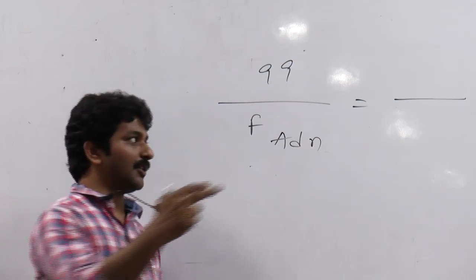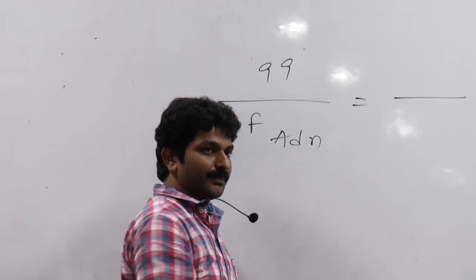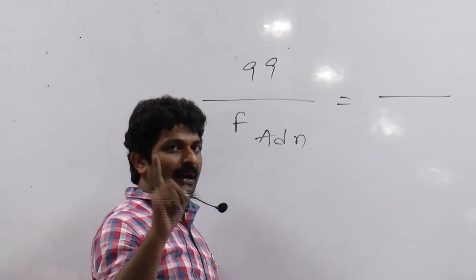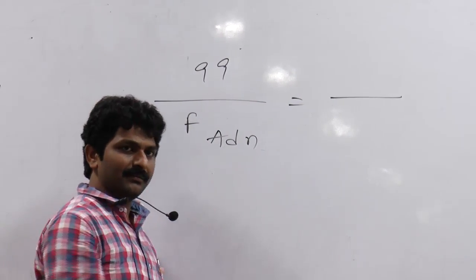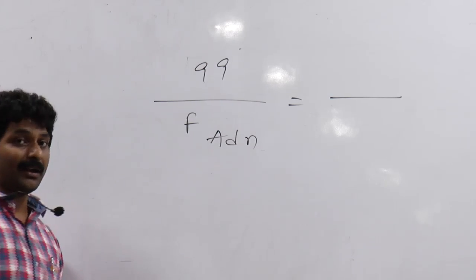As you have two options, you are forced to calculate the denominator also. Otherwise, if you have only one number in the numerator which is a factor of 99, you need not calculate the denominator. Now, all you get is female administrative